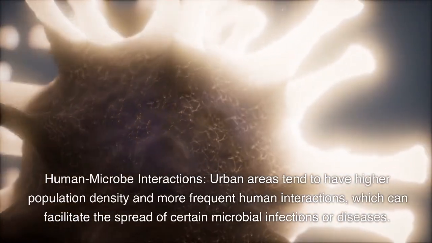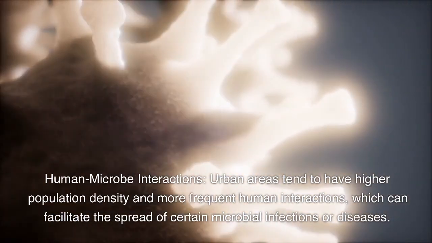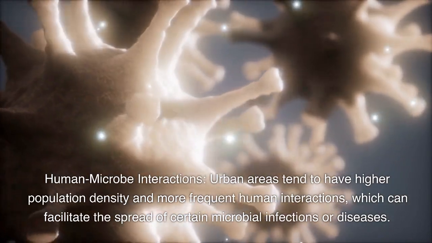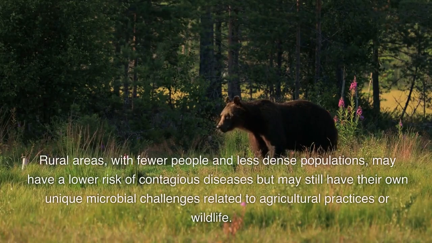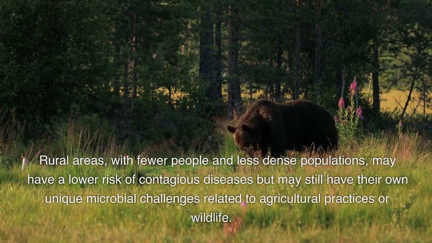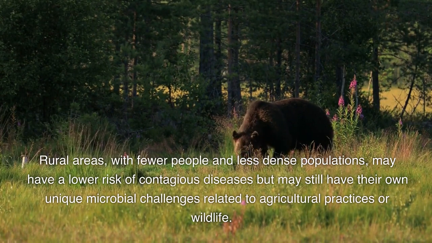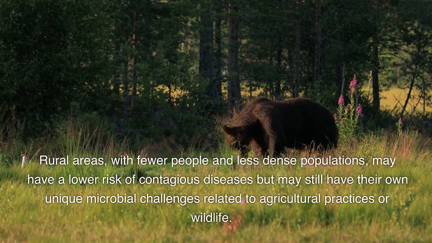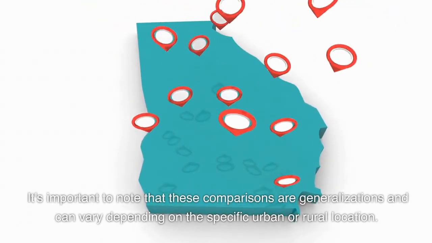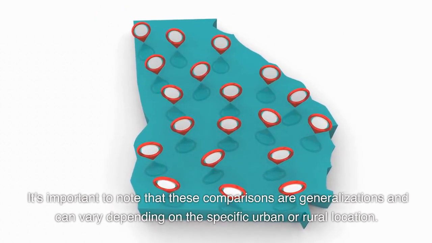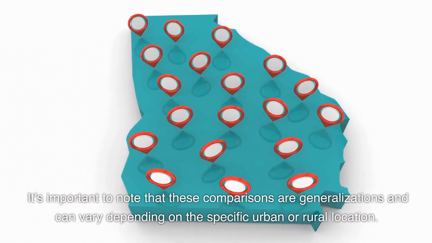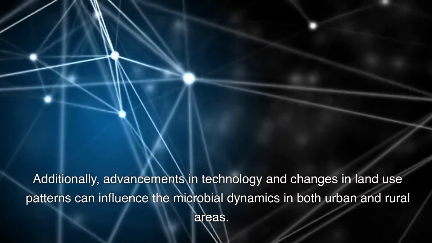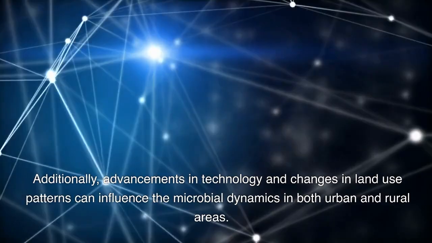Human-microbe interactions. Urban areas tend to have higher population density and more frequent human interactions, which can facilitate the spread of certain microbial infections or diseases. Rural areas, with fewer people and less dense populations, may have a lower risk of contagious diseases but may still have their own unique microbial challenges related to agricultural practices or wildlife. It's important to note that these comparisons are generalizations and can vary depending on the specific urban or rural location. Additionally, advancements in technology and changes in land use patterns can influence the microbial dynamics in both urban and rural